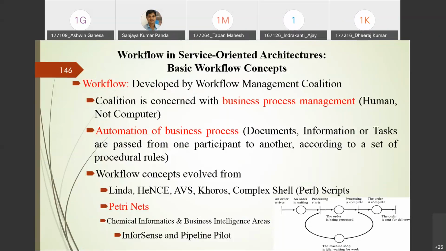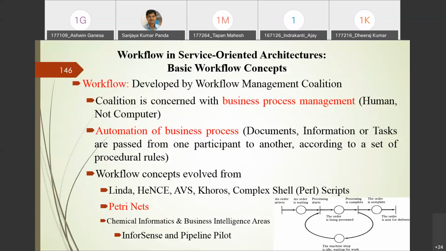For automating this business process, you need some standardization, or a reference model, proper guidelines and documents that need to be followed by each and every entity associated with this business process, right?